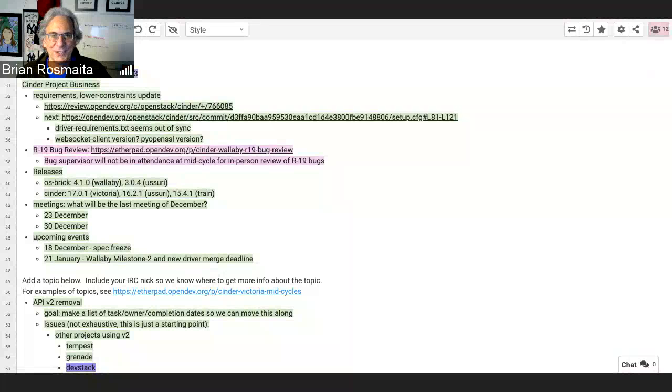Okay, that's good. All right, we got the quick look at the bug review. Michael couldn't be here today, but he did put up the Etherpad of bugs, which,